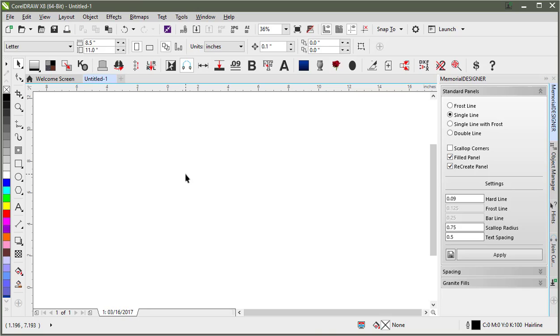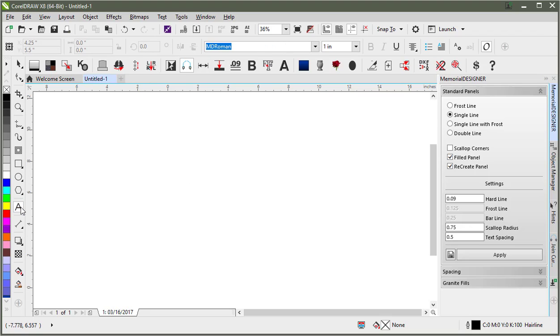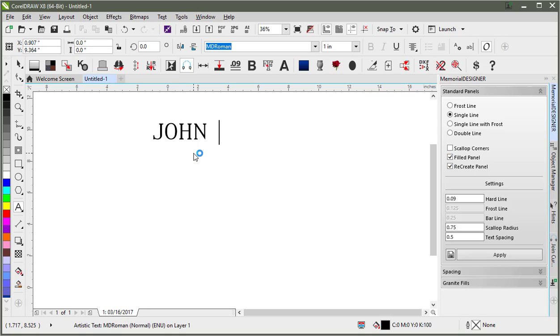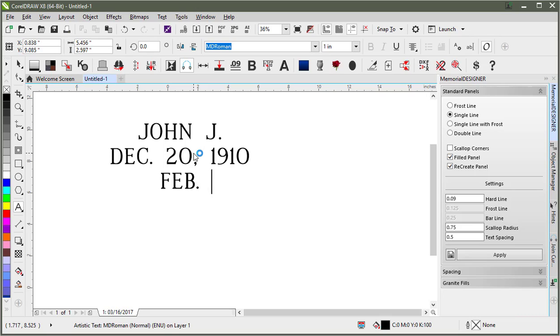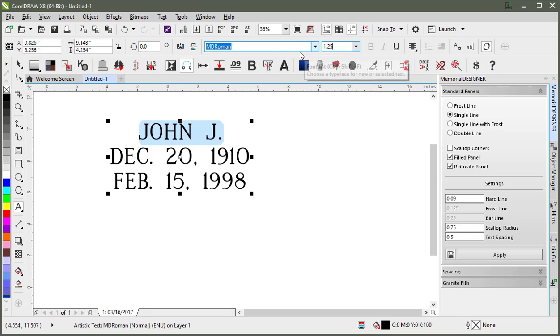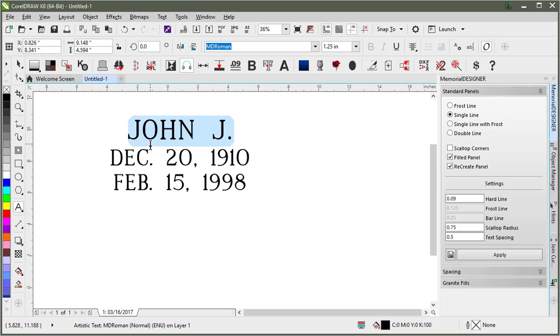Panels can be created on any object, really, or even around text. So we'll show text first. If I were to take some text and just type in some text here. Okay, so I've got three different lines of text. I just hit enter to get to each of those lines, so they're actually still all combined together. I can make any of my changes that I want size-wise first, but then if I wanted to build a